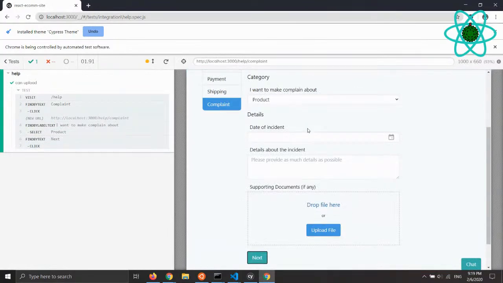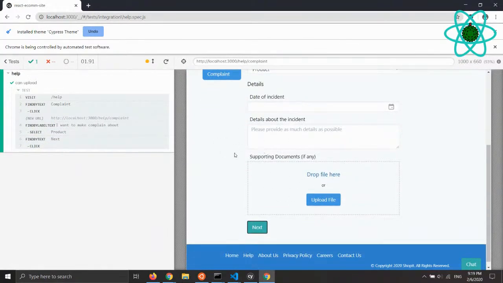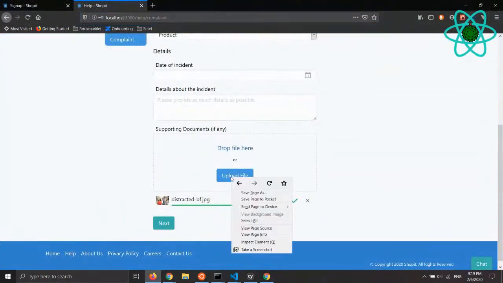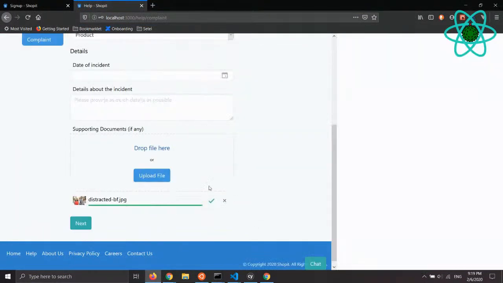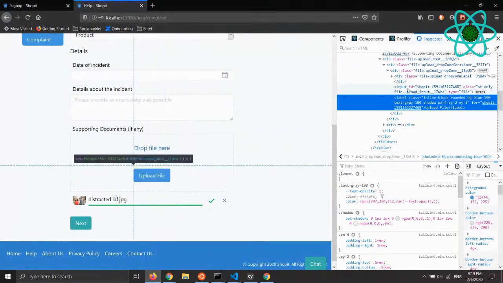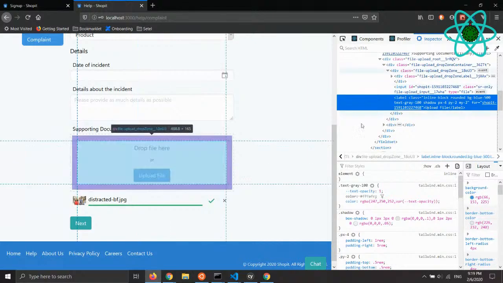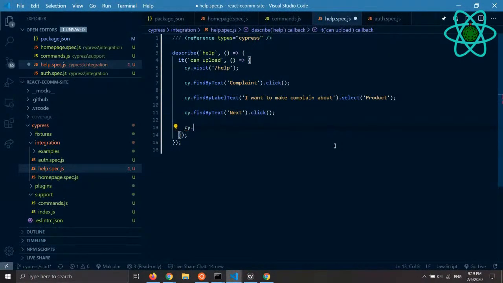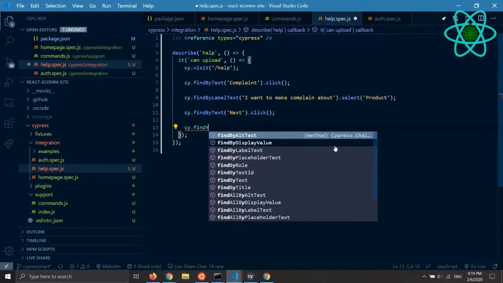Okay, then I can upload file. So how do we upload file? Here we need a bit of the knowledge of how the code works. Because I know here it looks like a button, actually it's not a button. It's a label. Then there's an input, and the input is an input type file. So I want to grab this input. What I can do is cy find by label text